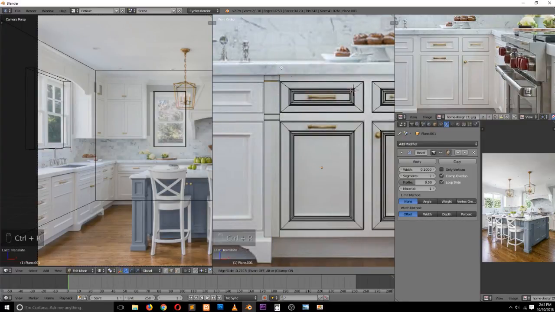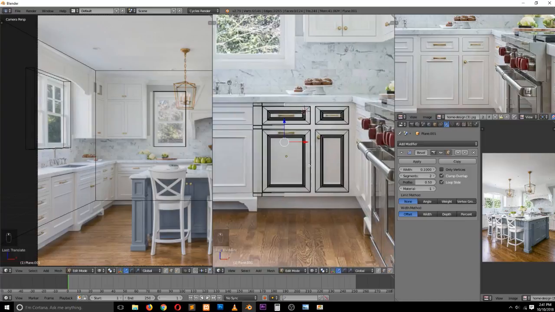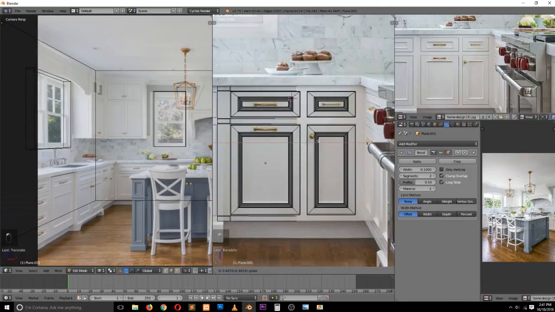And then maybe another loop there, and another loop around there. And now we can select these, extrude them in the X direction like that to, I think, around here. Then select that mesh, Shift D to duplicate it, and then Control M to mirror it in the X direction,